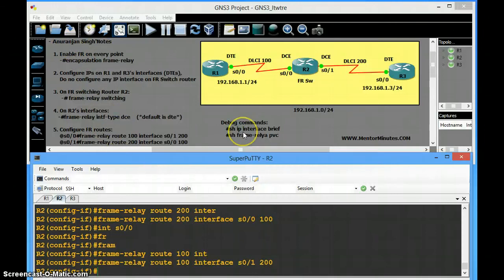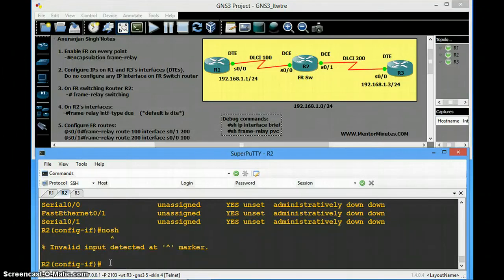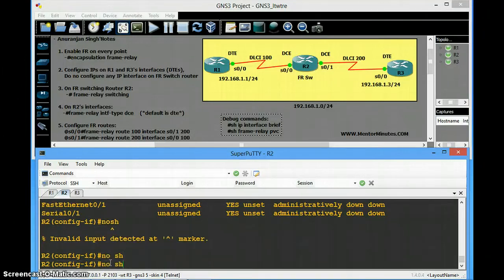and we can just check the debug commands whether all our interfaces and the PVCs are there or not. So do show ip interface brief. From this command you can check it out. Our interface serial 1 and serial 0 is not up because we didn't do no shut. So we'll do here no shut, and then again we can check.